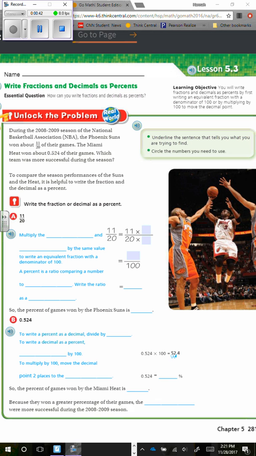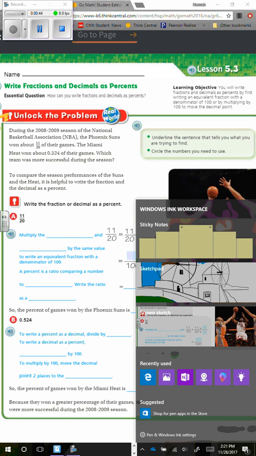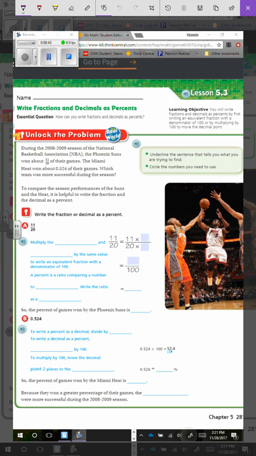Over here, it tells us that we need to underline the sentence that tells you what you are trying to find. If we look right here at the question, it says, which team was more successful during the season? So that's how we know what we're trying to figure out. Then it says we need to circle the numbers you need to use. I think that 11/20ths and 524 thousandths would both be pretty important because we're trying to compare those two teams and how many games